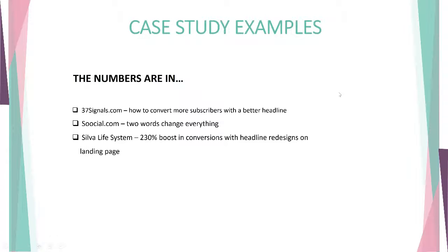Okay, so this next case study, oh, this is a great one, and we're going to really dig into the graphic piece of a website and the banner. I wanted to bring this up because we're talking about homepage stuff right here, guys, and because your homepage is so important to get those website visitors to click through and become leads. That's why I'm going to focus on that with these case studies. So Civil Life Systems, they had a 230% boost in conversions with a headline banner redesign